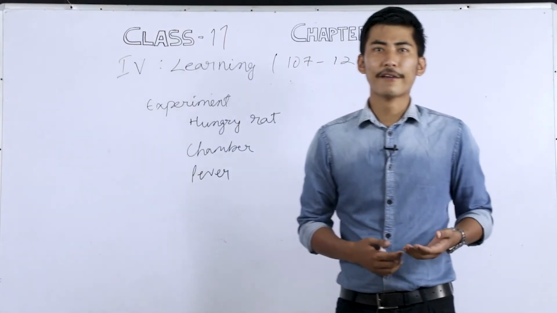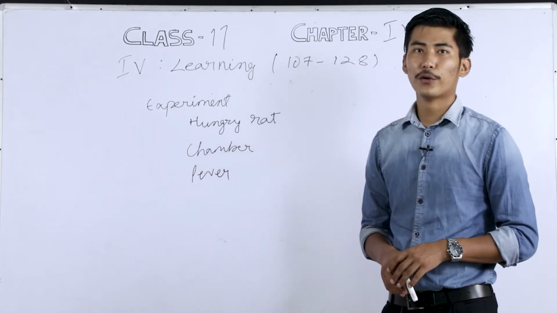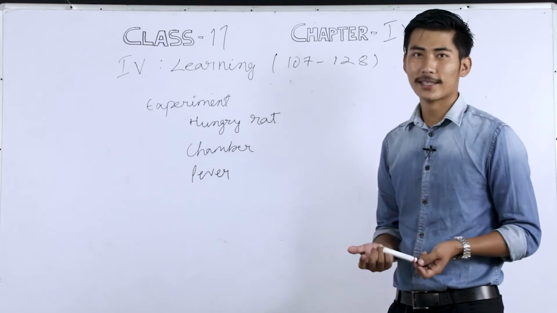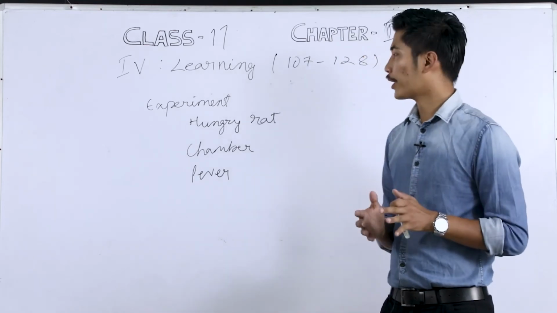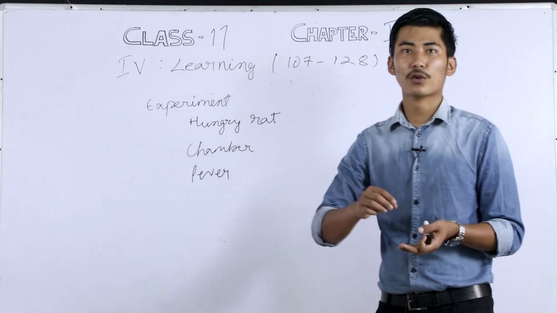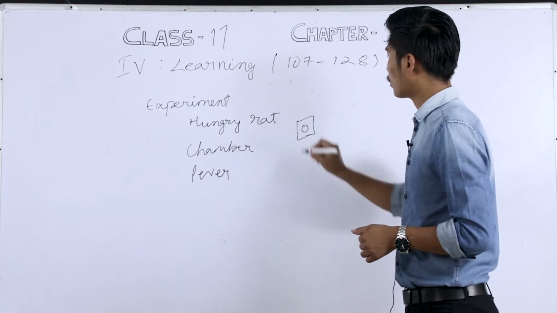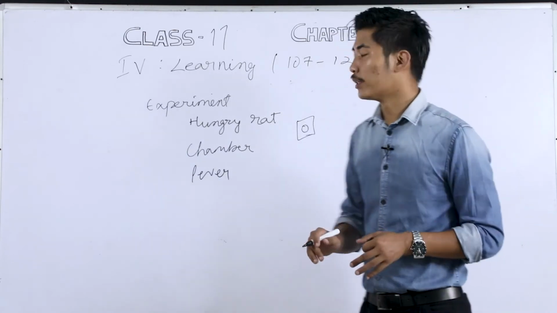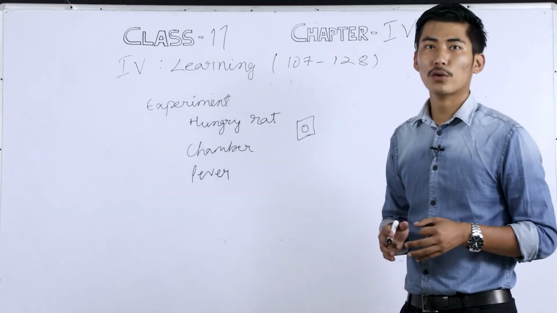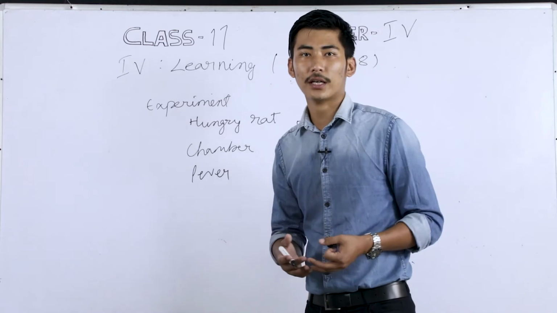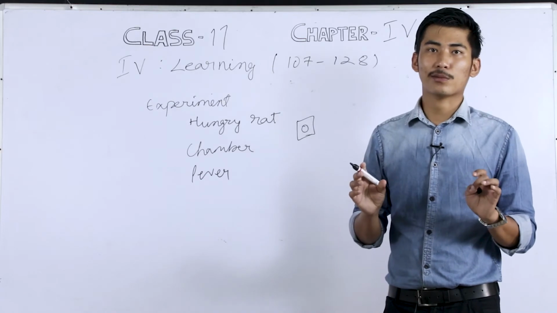The experiment done by B.F. Skinner in order to show how operant conditioning works was done on a hungry rat, one at a time. The hungry rat was kept in a chamber, and a lever was also placed there, along with a button. When the rat pressed on the lever, food would drop into the chamber. But in order to do it, the rat had to find out how. So after several tries, in what we call the exploratory mode of searching,